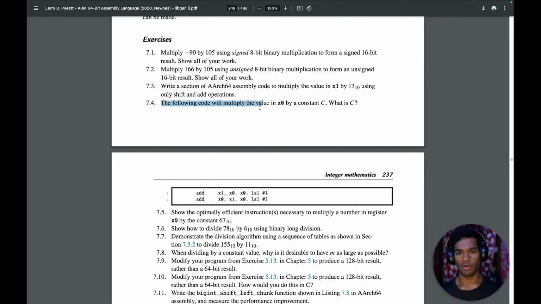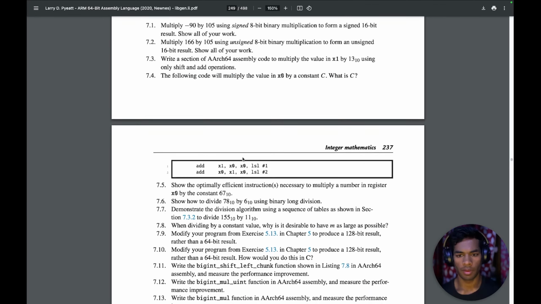The following code will multiply the value in the x with c. What is c? Let me see. Yes, we did this yesterday. This takes in the value of 0 and adds to it the left shifted value of 0. That would be equivalent to multiplying it by 1 1 in binary, that is 3. So I have 3x in the first register, and to 3x I am adding